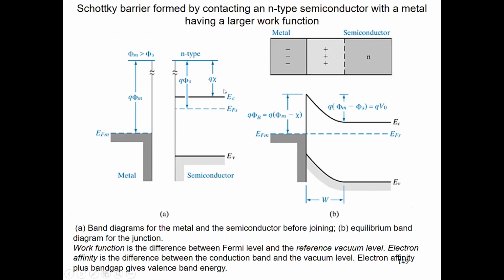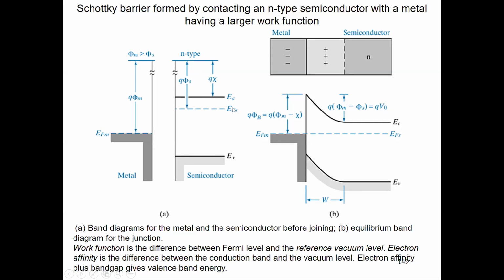First is electron affinity, which by definition is the difference between the vacuum level and the conduction band edge. The work function, which by definition is the vacuum level to the Fermi level. And then the band gap, which you have already seen. So with those three parameters, you can pinpoint the location of the conduction band edge. That plus the band gap pinpoints the position of the valence band edge,